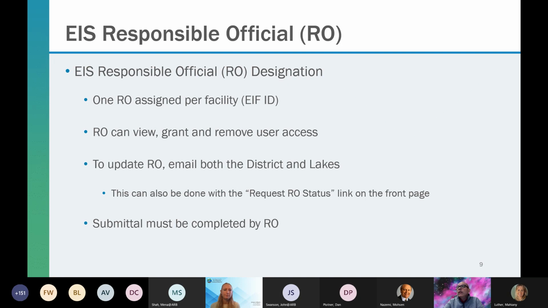So we allowed this to be a self-serve system. If you need to update the RO, you can email both the district and us, and we will be glad to assist you in that process. Lastly, you can also take advantage of the request RO status, as I noted on the front page, and you can do the sign up and get the process started and get approval if you know you have an RO